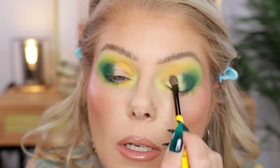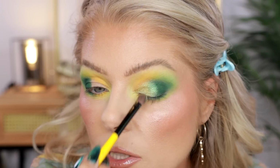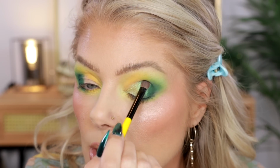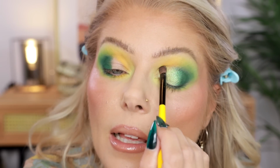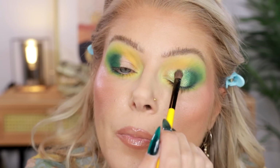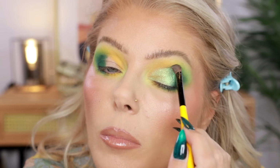And I'm just gonna be covering my entire lid. And I would say going into the green as well. You can see this one is not a fully opaque metallic, which is something that I like. I like when it's a topper and you can see that when I put it over the green, it is just morphing into something a little bit more green. That is something that I prefer. Not everybody likes that, but I like that. I think it makes shadows versatile. It usually makes them very wearable when it comes to texture on the lids,